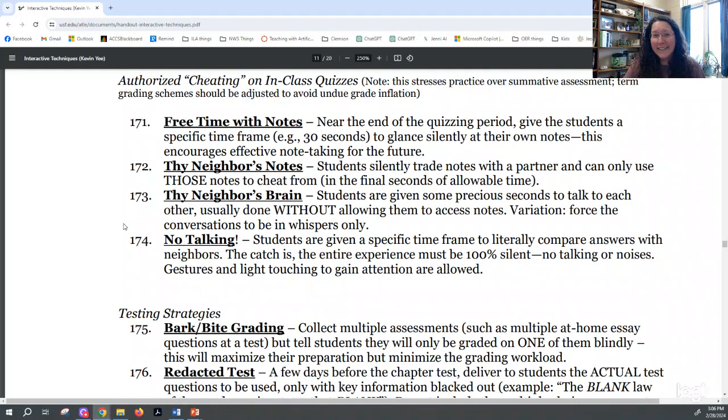Authorize cheating. Let them use their notes on exams. Let them use AI for some things maybe. But let them work with their friends for some of these items, because if they are taking the information, pulling it up, utilizing it, and rolling it through their minds a little bit, they're going to start thinking critically with it.